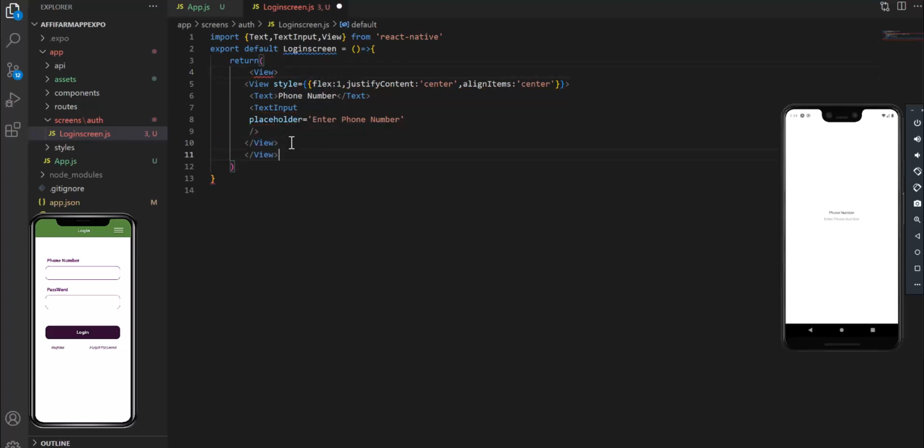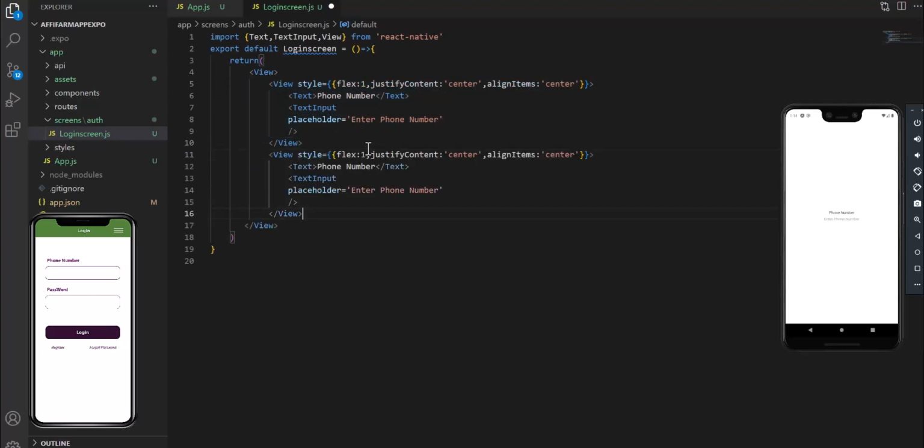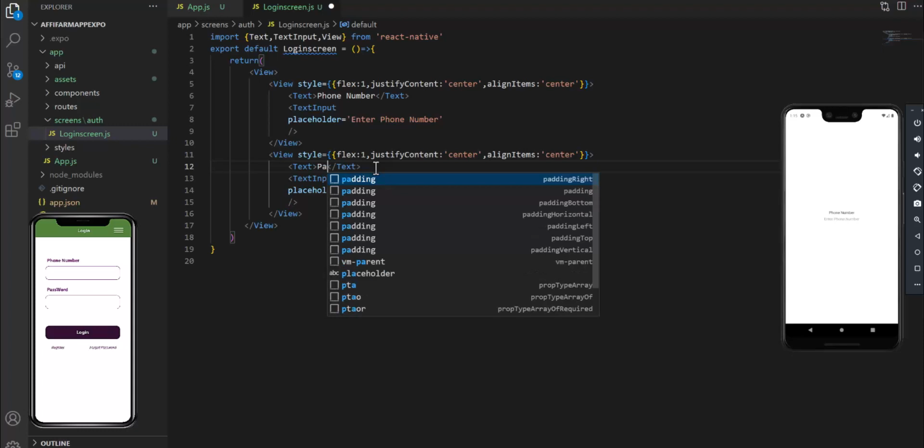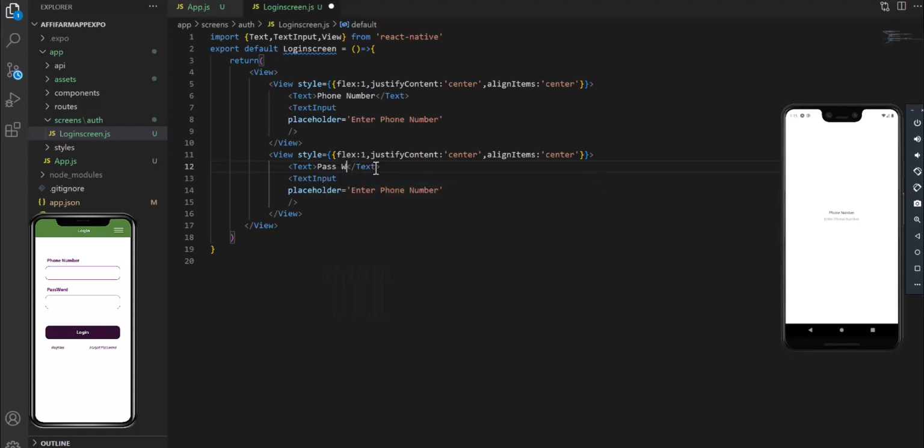Okay. So that I can have two inputs, as you can observe on the prototype. So two inputs. If one is the phone input, then the other will be the password. So I'll do password. Forgive me if I spell it the wrong way, as some people join. It will be enter password or enter code